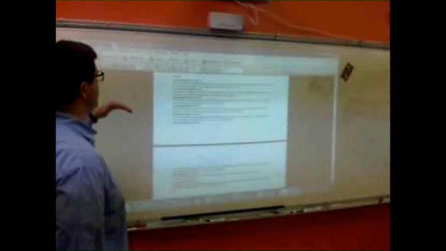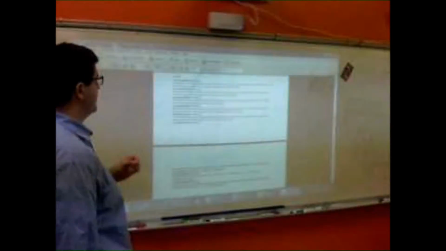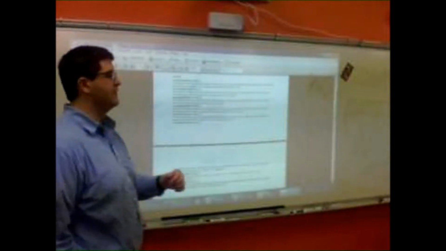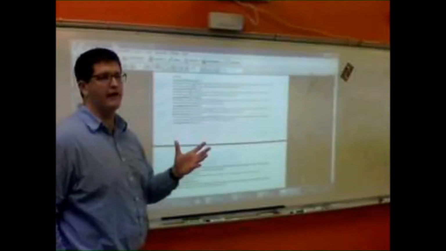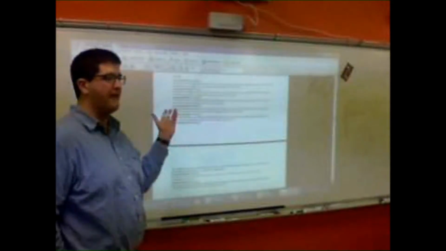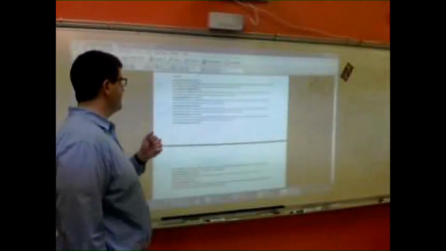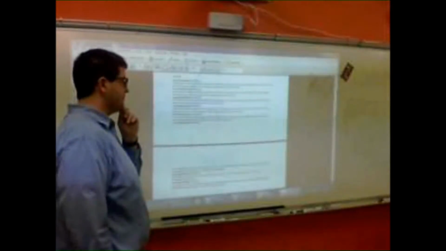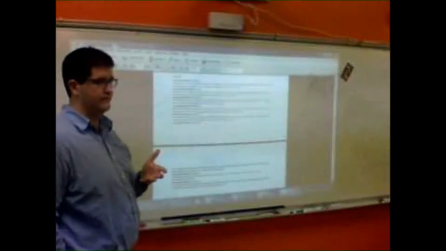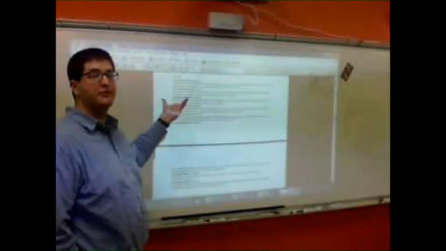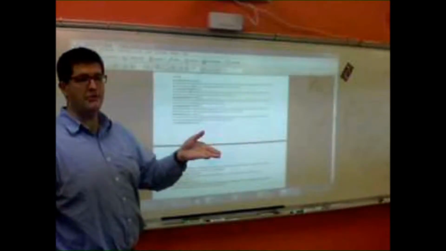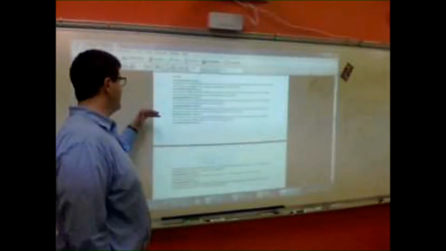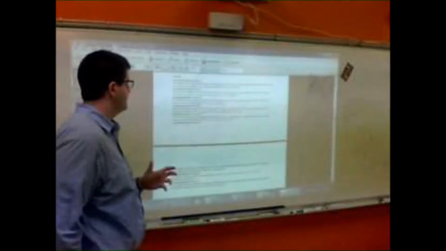The student is able to justify the selection of routine for the calculation of relationships between changes in momentum of an object, average force, impulse, and time of interaction. So just be able to solve for anything involving F delta T, or the FAT-MAV equation, or delta P, all that stuff. The student is able to predict the change in momentum of an object from the average force exerted on the object in the interval of time. That's probably going to be in the form of a graph. And so you should know that the area under a force-time graph is going to be the impulse. The student is able to analyze data, et cetera, et cetera.